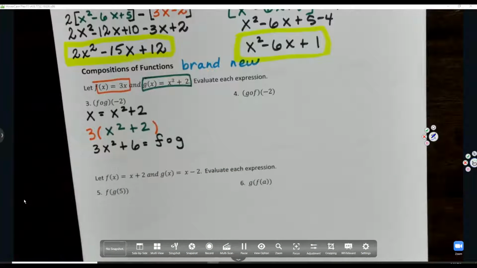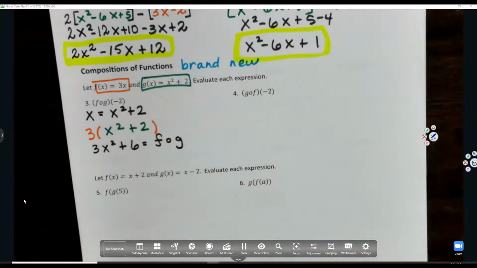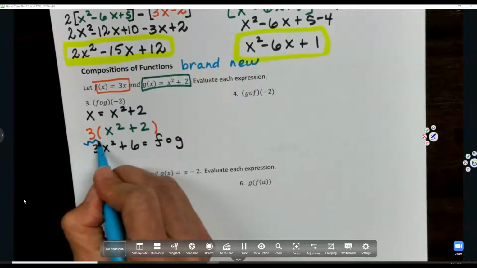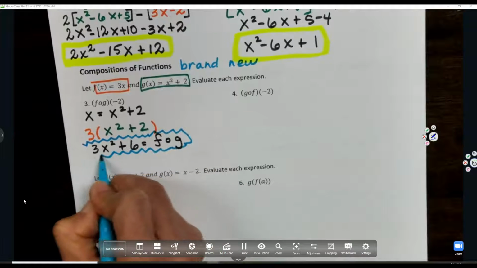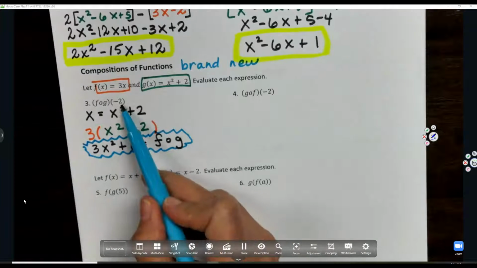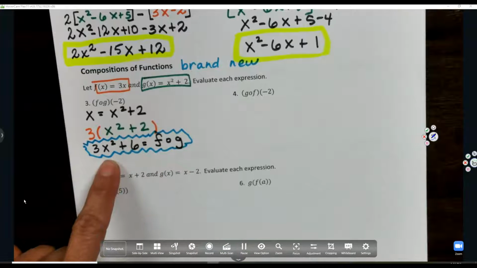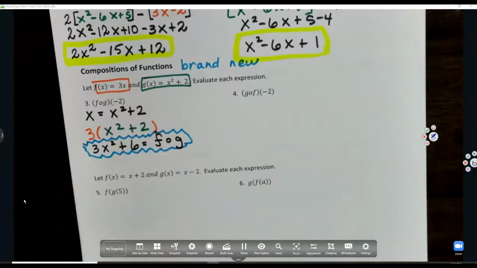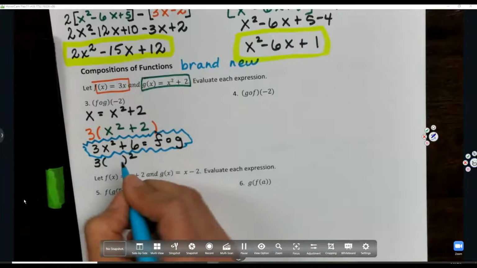And that would be all that I would have if I didn't have this negative 2. That negative 2 lets me know there's another step involved. So now that we have this brand new composition function, it has not been written anywhere on the page. Now I drop in an input. The input's negative 2. So every time I see the letter x, I'm just going to put in a negative 2. So this is going to be 3 times negative 2 squared